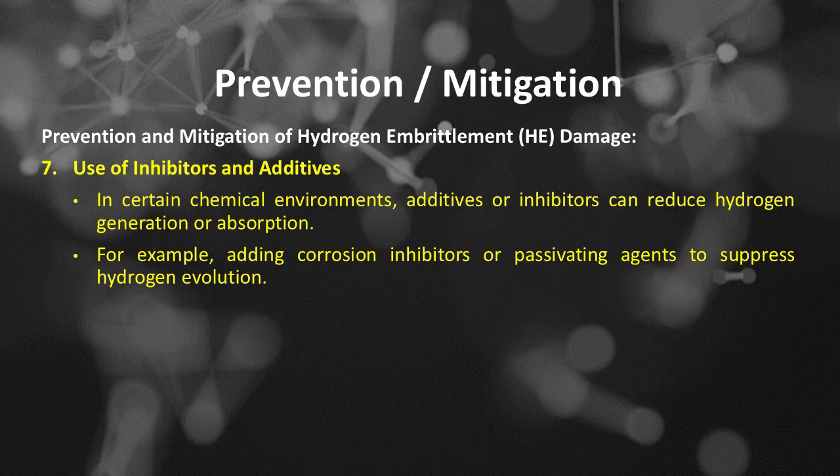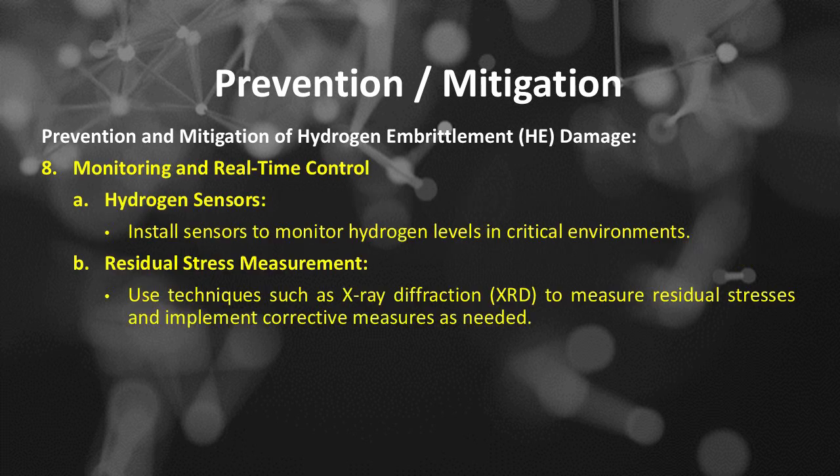Number 7 is use of inhibitors and additives. In certain chemical environments, additives or inhibitors can reduce hydrogen generation or absorption, for example, adding corrosion inhibitors or passivating agents to suppress hydrogen evolution. Prevention and mitigation of hydrogen embrittlement or HE damage. Number 8 is monitoring and real-time control, includes, number A, hydrogen sensors. Install sensors to monitor hydrogen levels in critical environments. Number C, residual stress measurement. Use techniques such as X-ray diffraction or XRD to measure residual stresses and implement